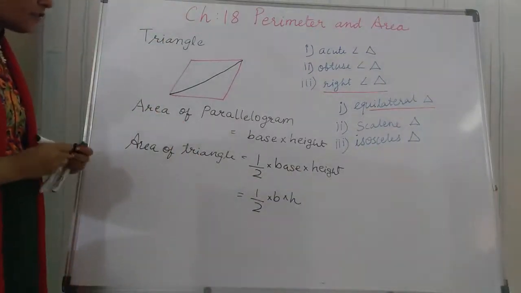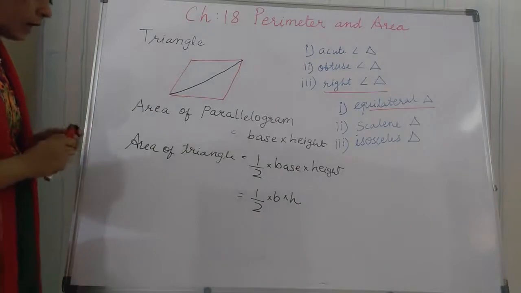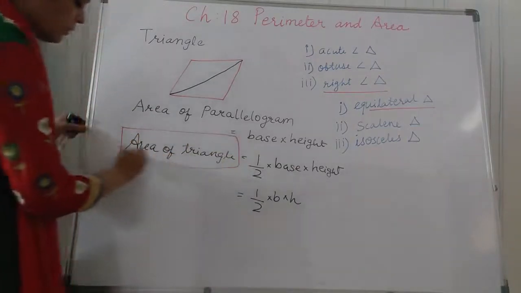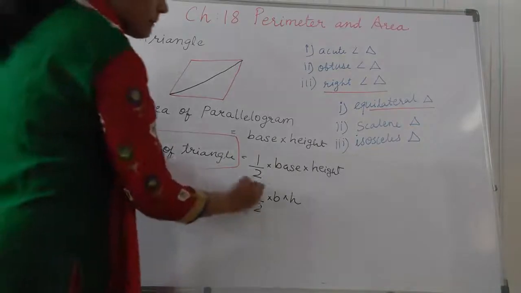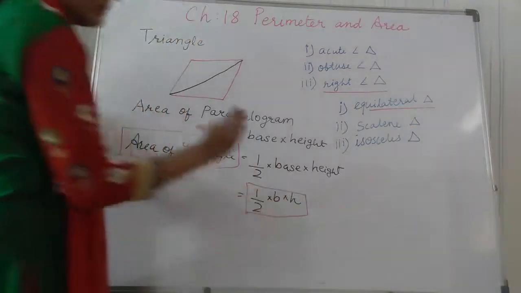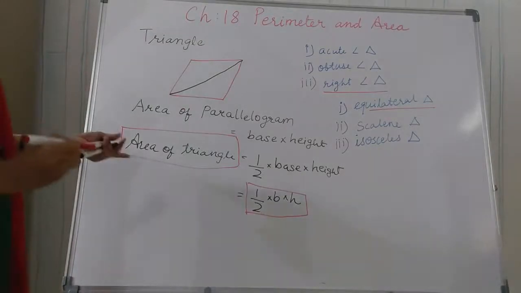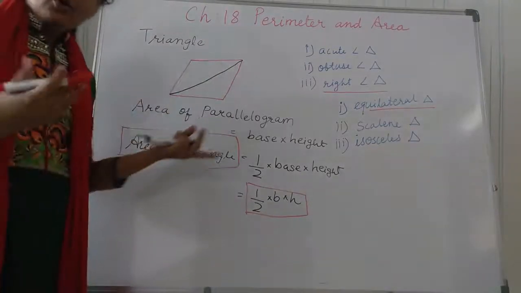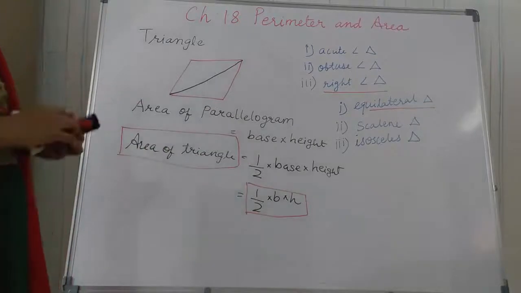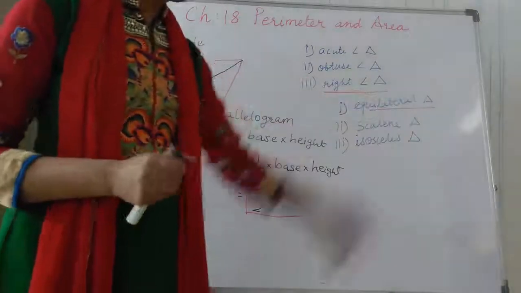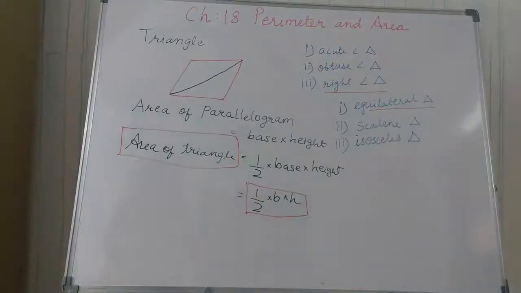Okay, so this is the first formula, the area of a triangle, that we have derived here, which is very, very important. You have to remember it for a long time, because in the next standards you have to study the same and some more triangle areas. Now the other one is the equilateral triangle. As I told you, there are 2 triangle areas we are going to study this year.